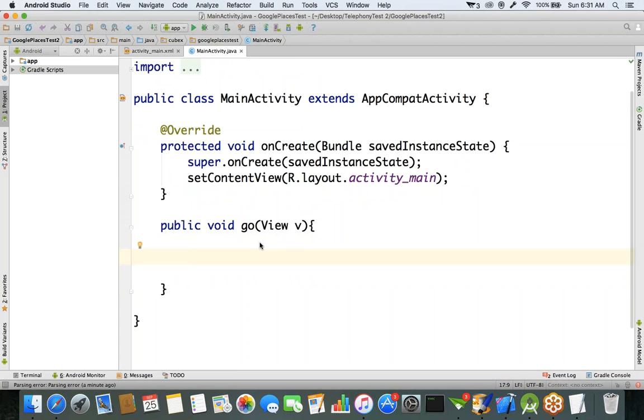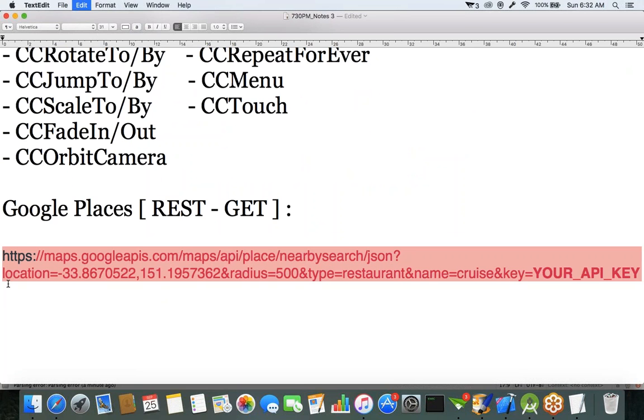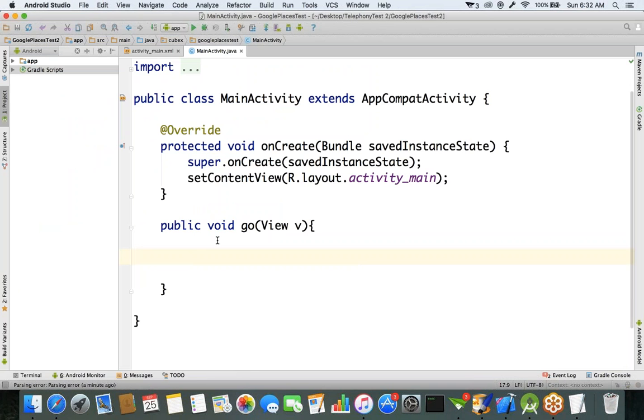In this go method, whatever URL you want to call, let's specify the URL here. We found a URL, right? We made a request with the Google Places URL and got it here. Let's copy this entire URL and specify it in your program. If you want to call a GET type of request,